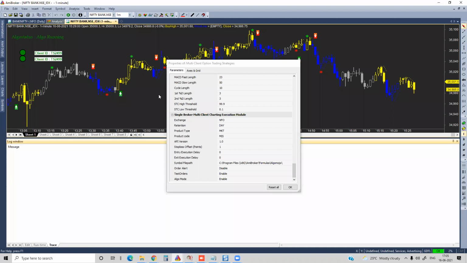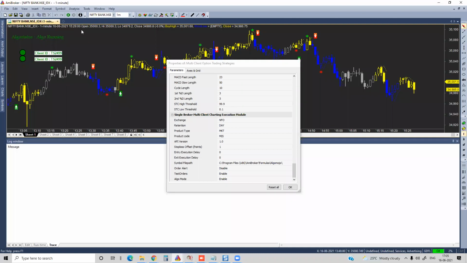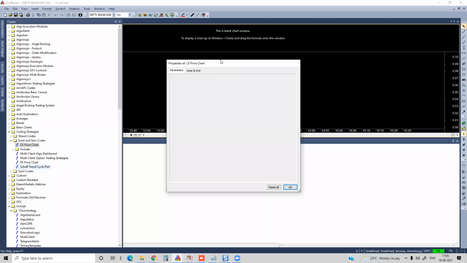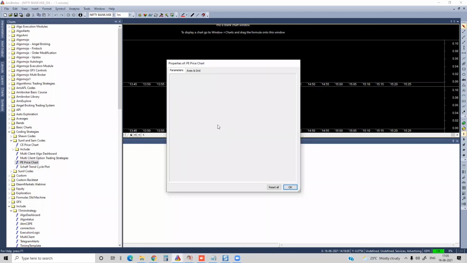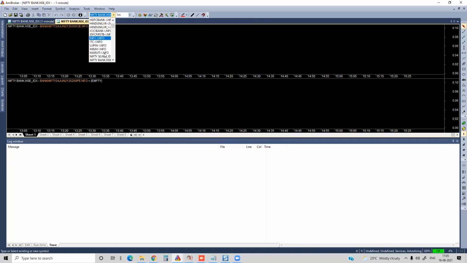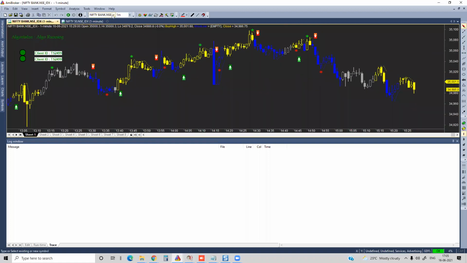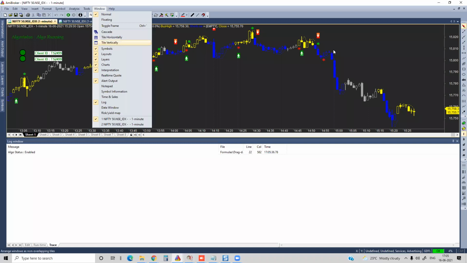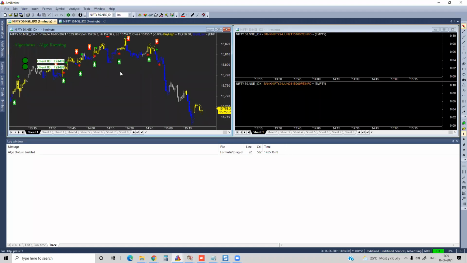Let me close other things, because I'm going to do something different. I'm going to open one more tab, a new blank chart. I'll go to the charting section and add call option charts and also put option charts. Instead of Nifty Bank, I'll try to run it on Nifty spot, because I have options data for Nifty spot here. And I'll go to the window, tile vertically.